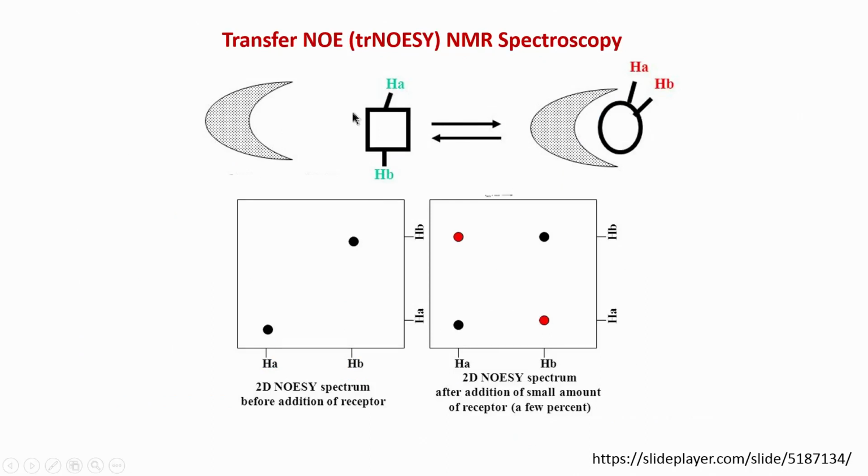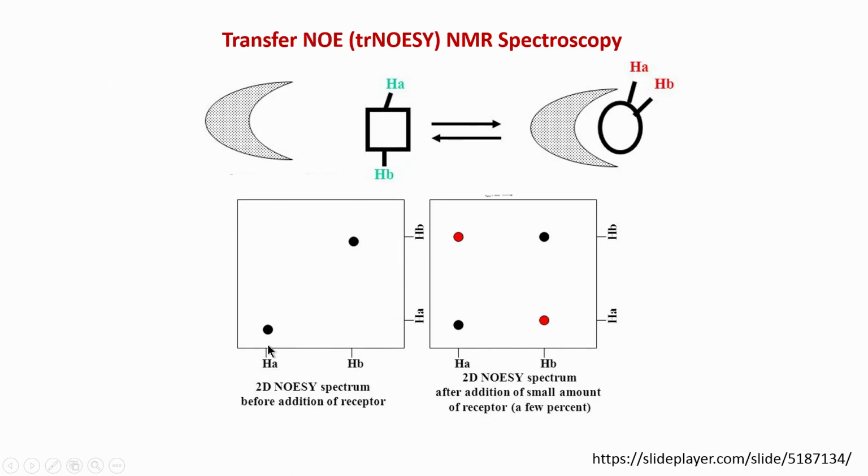It looks like this. Let us say there are 2 protons of the ligand, and this is the interaction with the protein, shown here in gray. Now, of course, here we are showing a difference, meaning this distance has shortened, but normally we assume that the distance between these two hydrogens need not change.